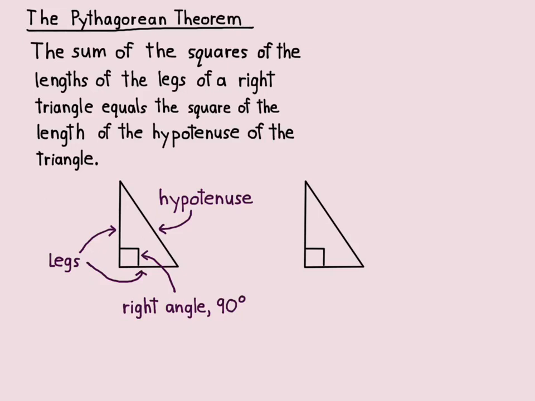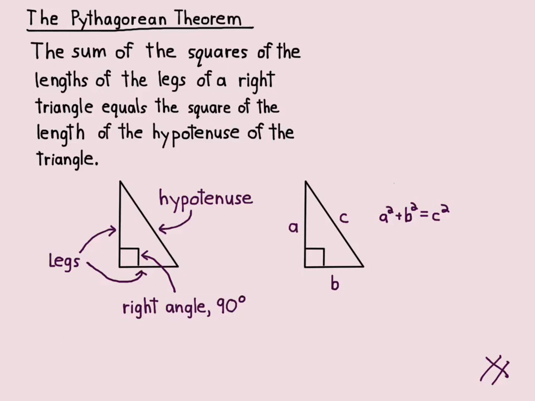That's always true because the longest side in a triangle is always opposite the largest angle. The smallest angle is always opposite the smallest side, and the medium one's opposite the medium one. Now if you label these sides, the legs A and B and the hypotenuse C, then you get this: